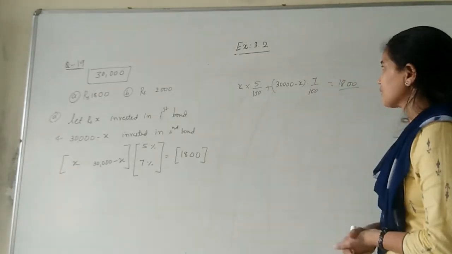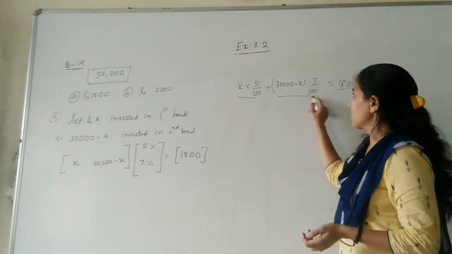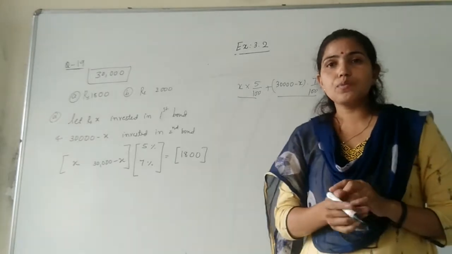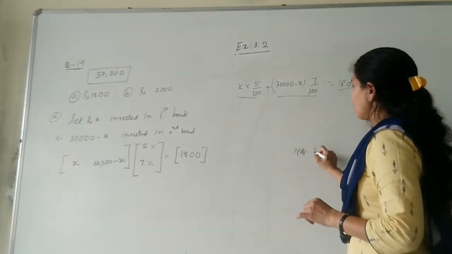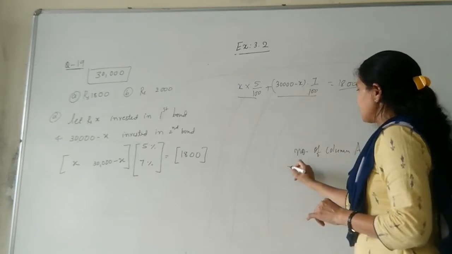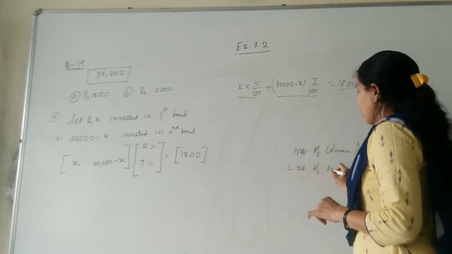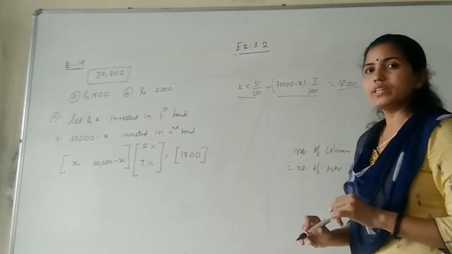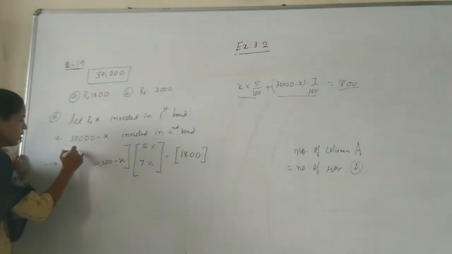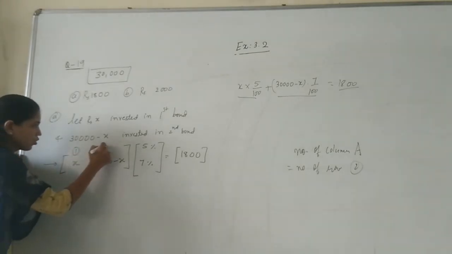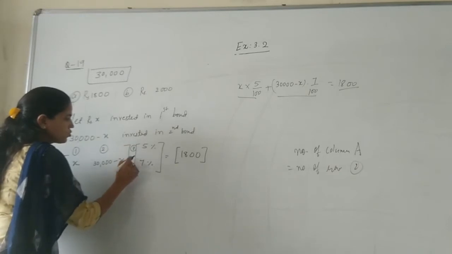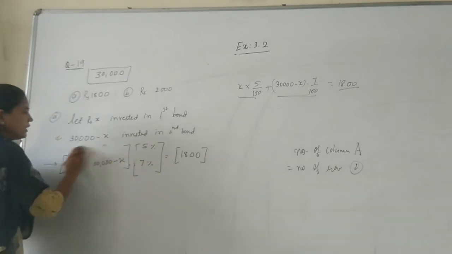If we invest in the first one and the second one like this, now these things we have to write down as matrix multiplication. Matrix multiplication is possible when the number of columns of the first matrix is the same as the number of rows of the second. So whenever you are writing, here I have written only one row, and here you can see one and two columns are there. And here how many rows, one and two rows, so that's why we have written in this way.